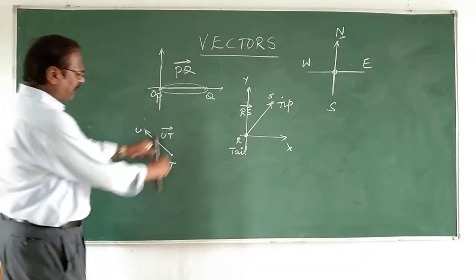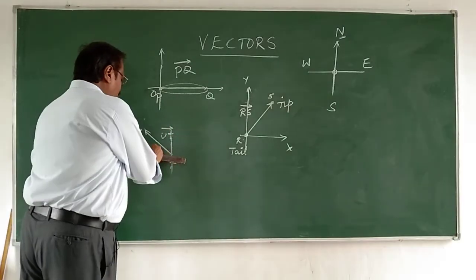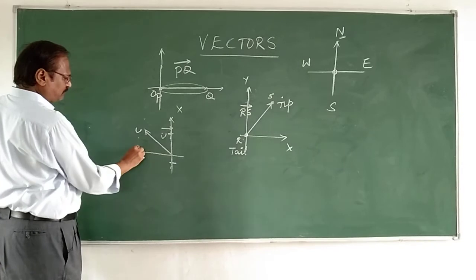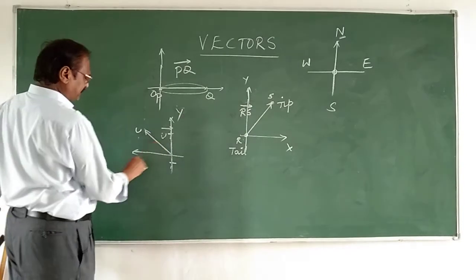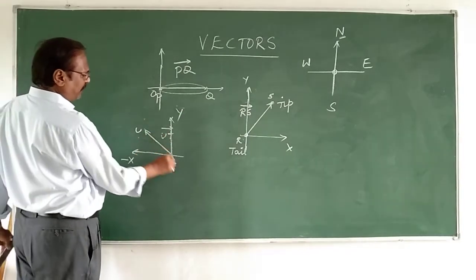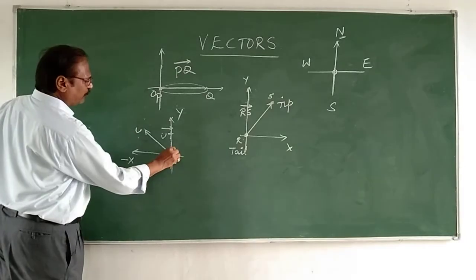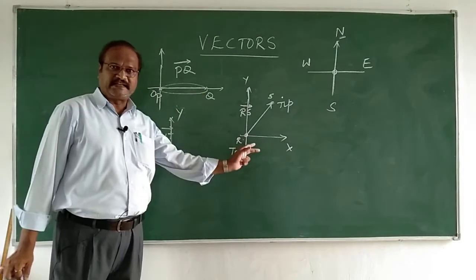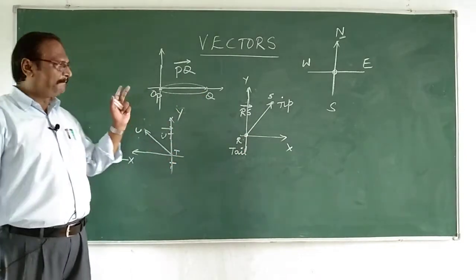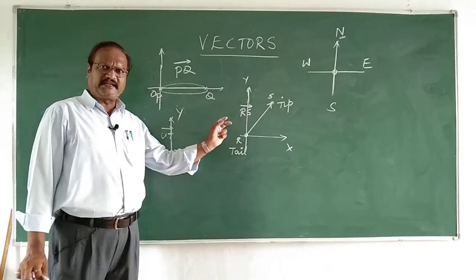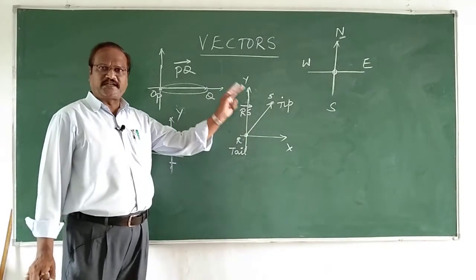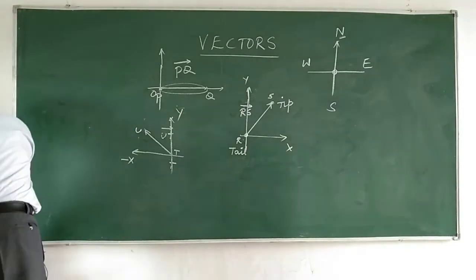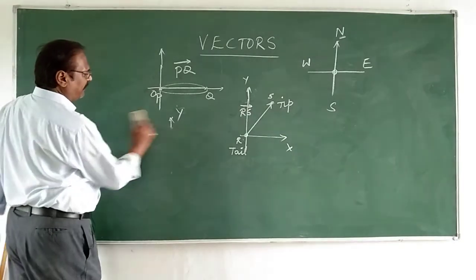Now here I can choose the reference like this, x direction, this is y direction, and this is the negative x direction. Now this is the origin point, UT again is a vector quantity. I hope you understand, a vector is represented by a straight line, and we can take it at a different angle, in a different position. But remember, the magnitude and the length of the line should remain the same.